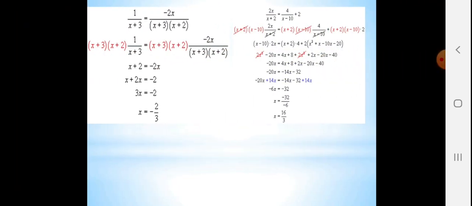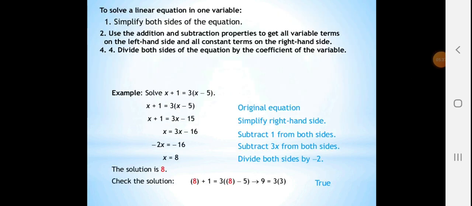Now, no need to get worried about seeing such equations. Simply, you have to take the LCM in this kind of example. I have explained such examples in my notebook videos. So we will have a look at this kind of example, how to solve them, in my notebook videos. Complex linear equations. Now solve x plus 1 is equal to 3 into x minus 5.